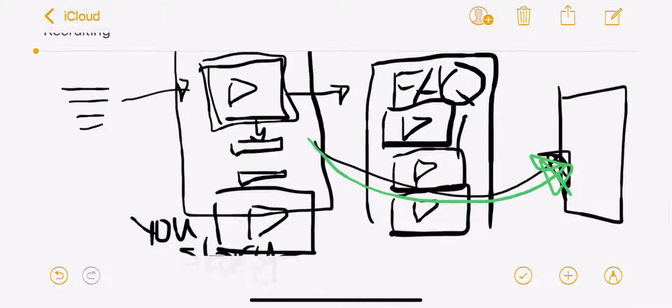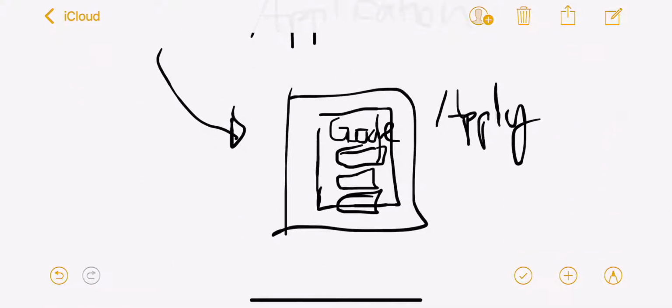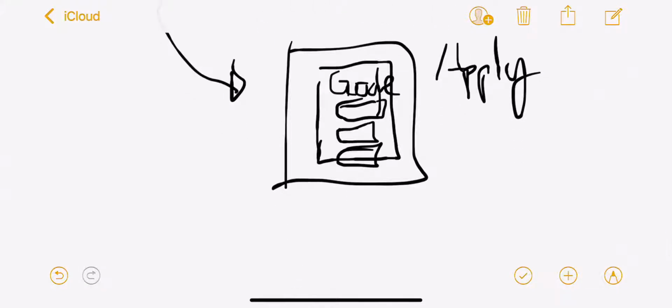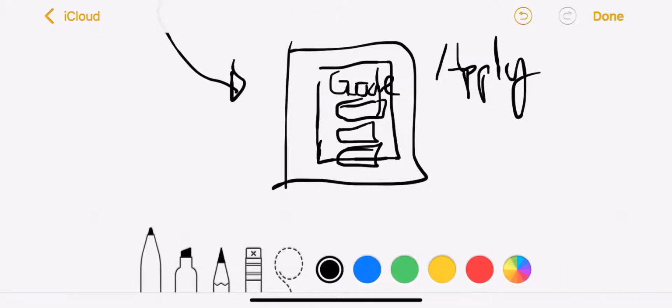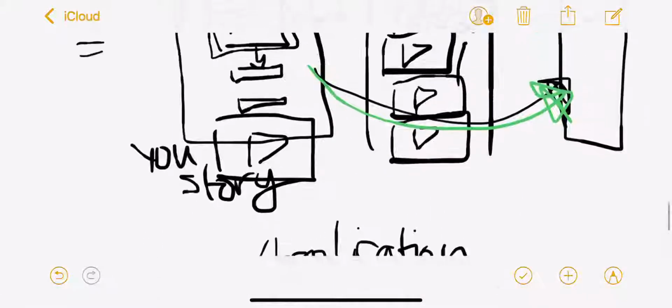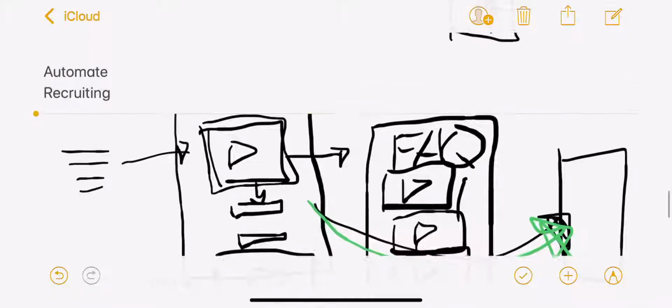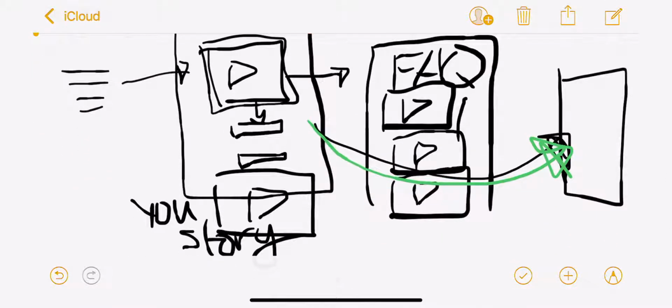You can do it both ways; I've seen it both ways. If you want people to get started, they apply, and then you reach out and say, perfect, you're ready to get started, we want to have you on the team. Or they can actually go and sign up. So that's one way you can automate it. It works really well with a lot of my clients. You automate the recruiting process.